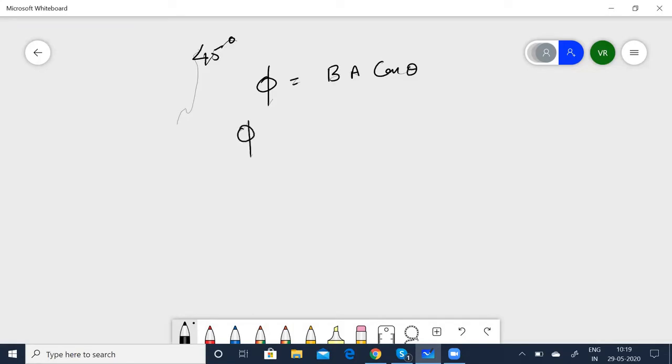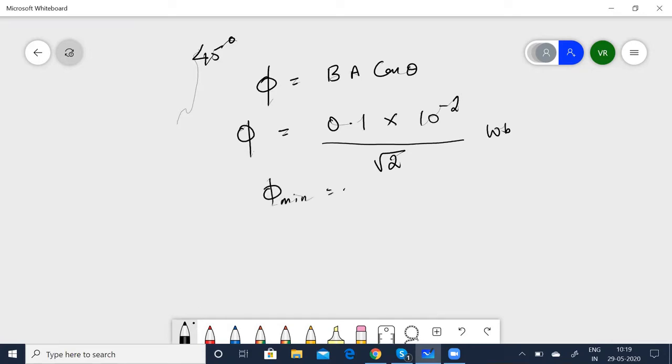So phi is equal to 0.1 into A, which is 10 to the power of minus 2 by root 2 Webers. Now the final flux is phi final, which is equal to 0. So change in flux is brought about in